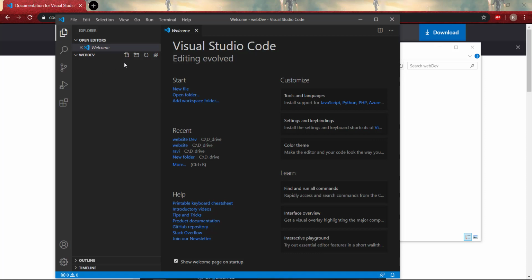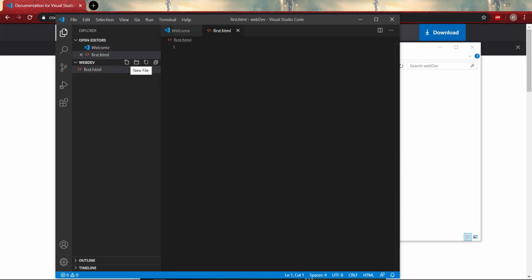Suppose we want to write HTML code, then we just need to click on this icon called new file and give a name with the extension .html, and it will make an HTML file. If you want to make a CSS file, then you just need to write the name and then the .css extension, and it will create a CSS file for us.